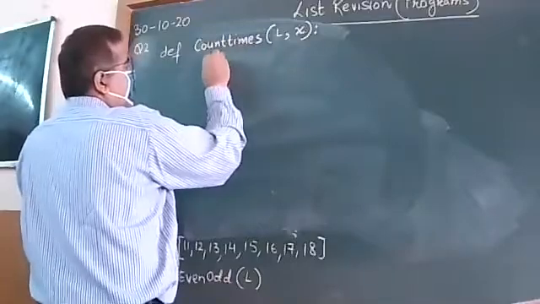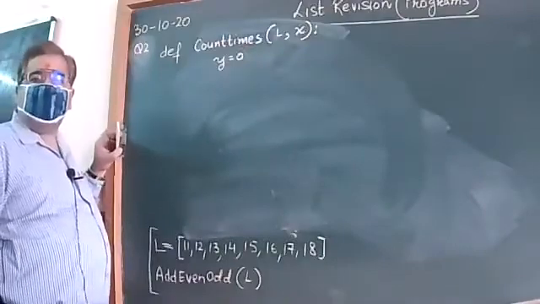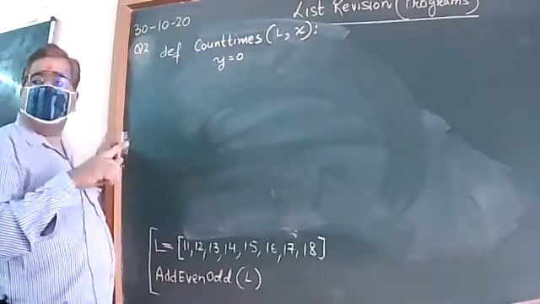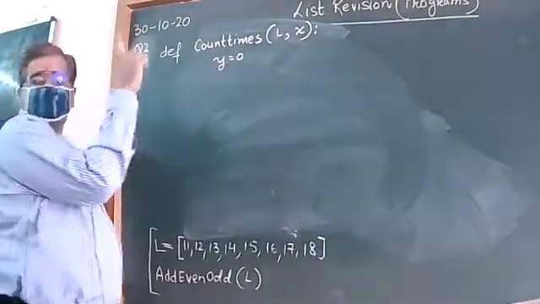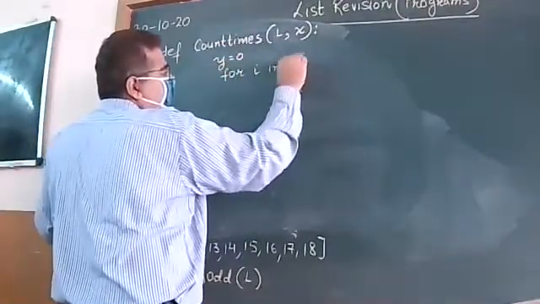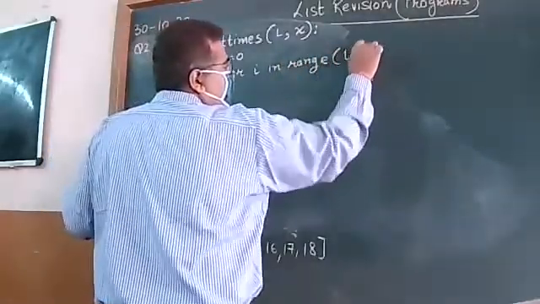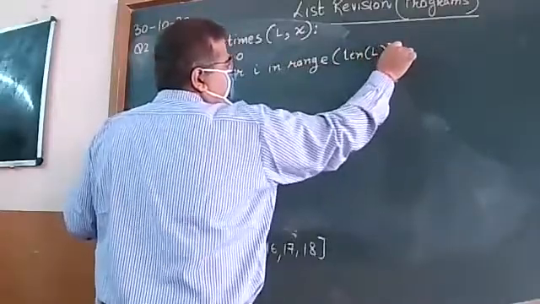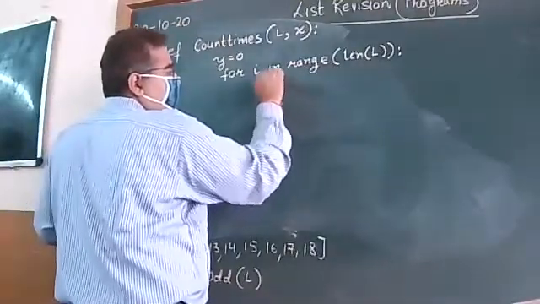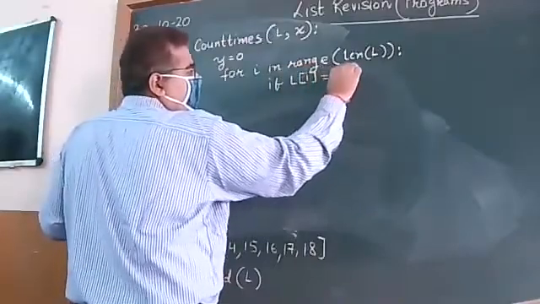Let us take the variable first that will count the occurrence. I am taking y with the value 0. Whenever the element occurrence will be found, it will be incremented by 1. For i in range length of the list, right? If list of i is equal to x,